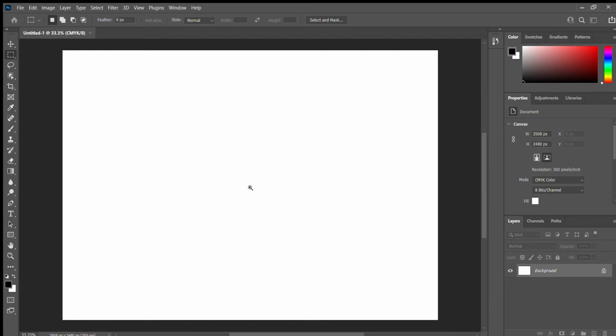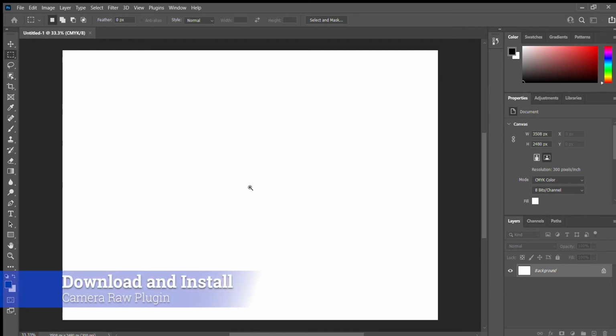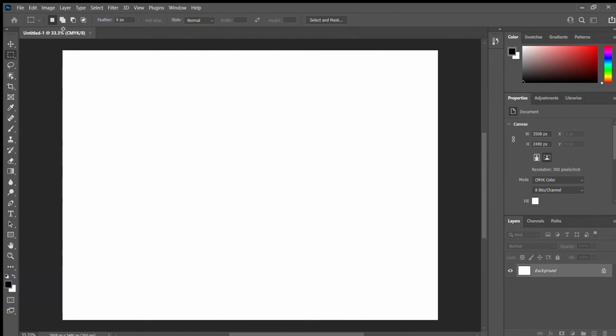Some of you may face the same issue where you're told that you cannot open it. No worries. Go over onto Google itself and download this app, or rather plugin, called Camera Raw. Camera Raw allows you to bring in photos that are in a different RAW format, and in this case the format has the extension NEF,